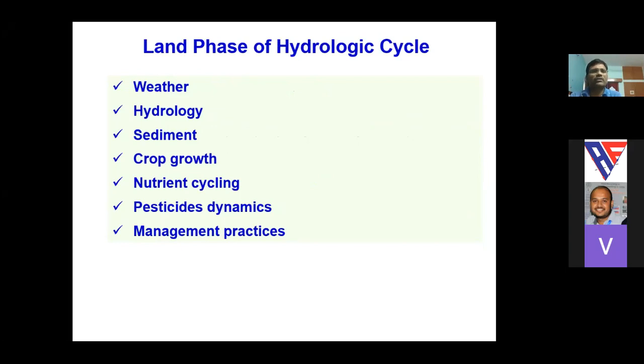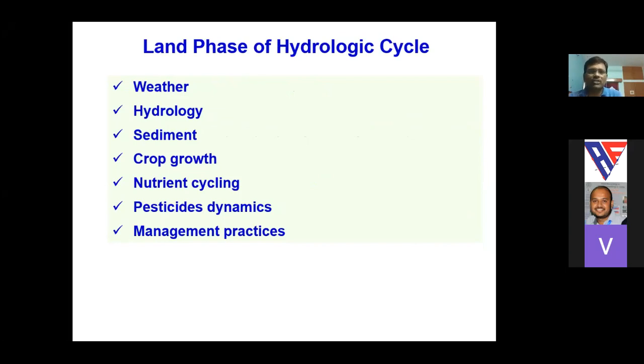The land phase of the hydrologic cycle involves weather parameters like precipitation, temperature, solar radiation, relative humidity, and wind speed. These are the important weather parameters which we need to provide for the SWAT model.